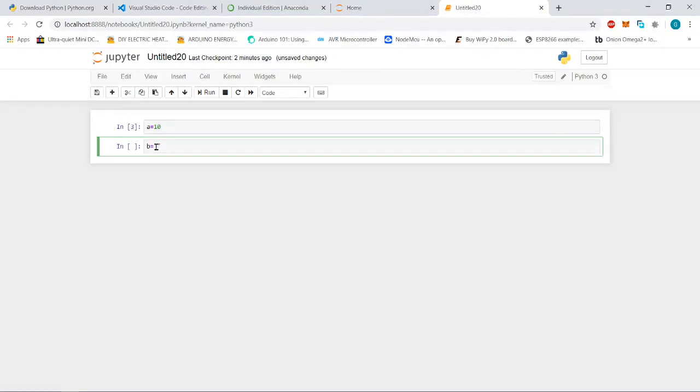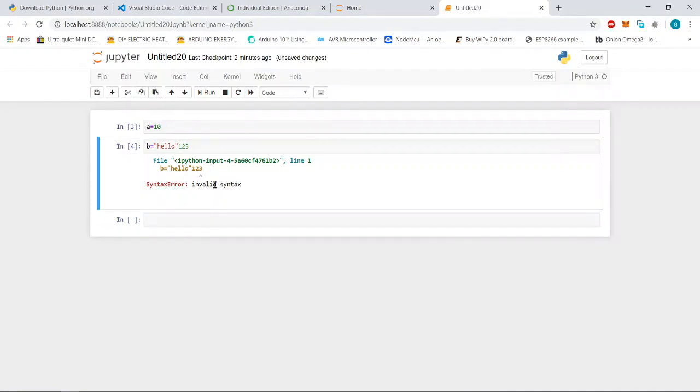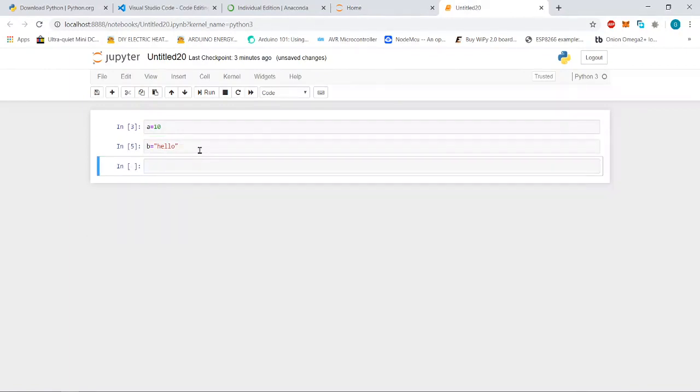Now if we write like this, hello 1 2 3, and try to execute this statement, then it will say this is an invalid syntax. While in other IDEs, you have to write the continuous program, and then your interpreter will tell you in which line there is an error. So if there is any error, you can correct it, and then simply press shift enter again. It is not showing any message. This means these are executed, and similarly you can execute any number of statements one by one.